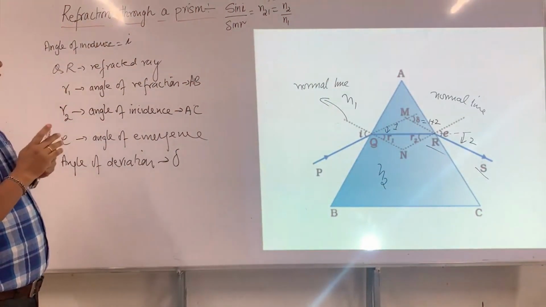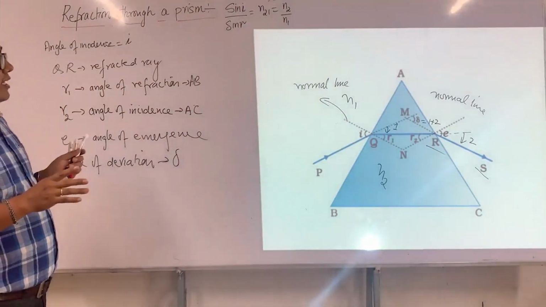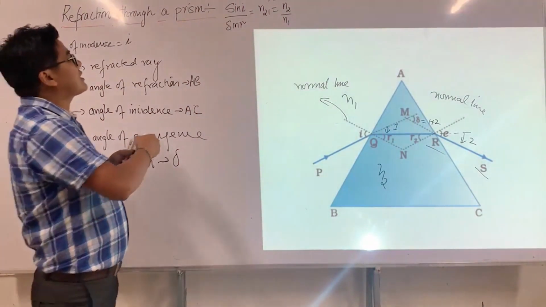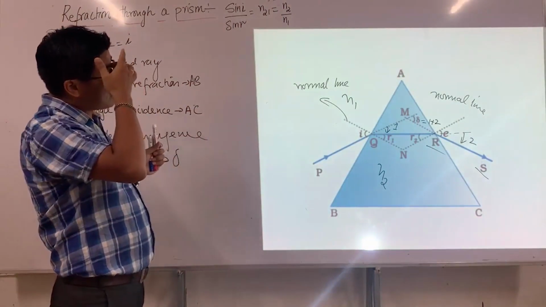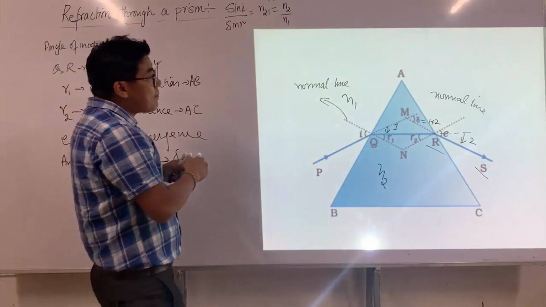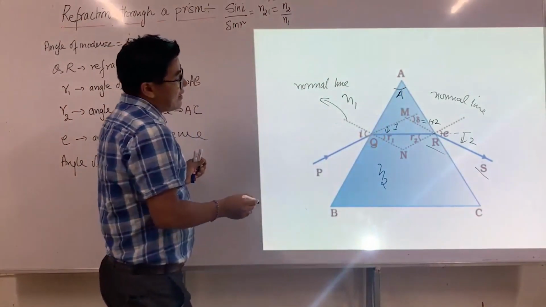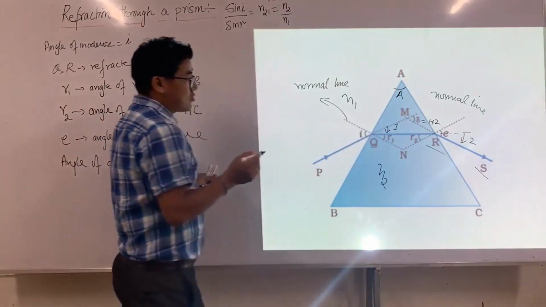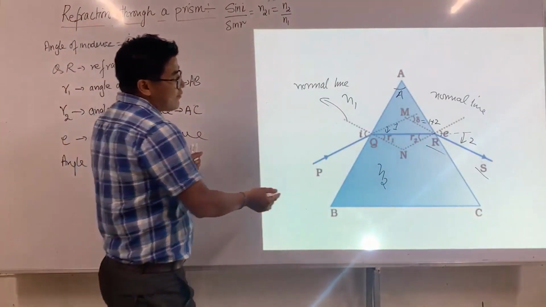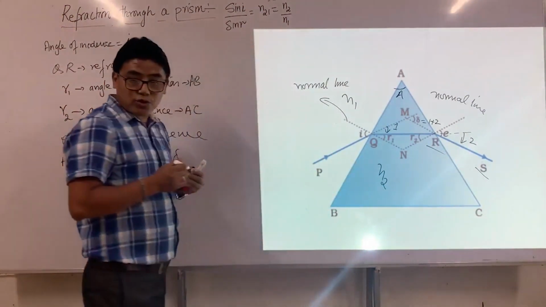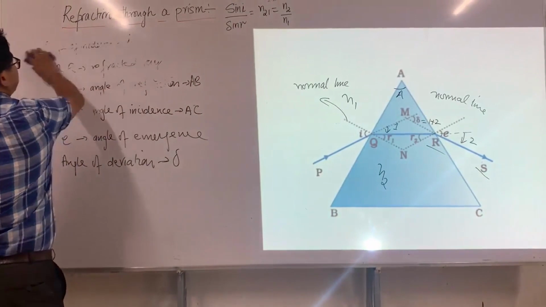Alright, so now we are going to find out the relations, and we will use Snell's law. We will find out the relation between the angle of prism, the deviation, and the refractive index. This is how we are going to do it. So to start with, let's say